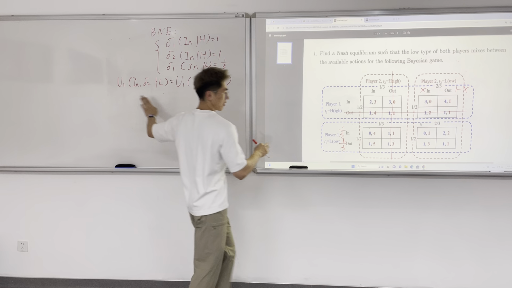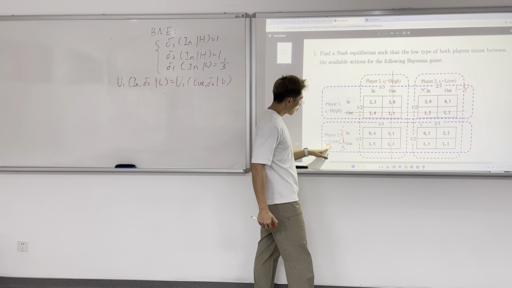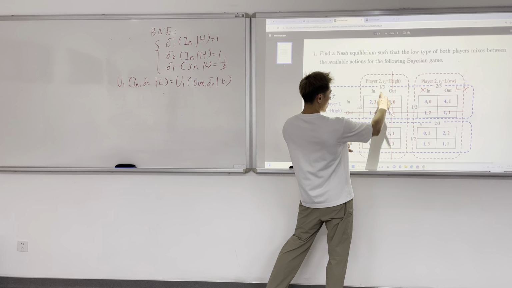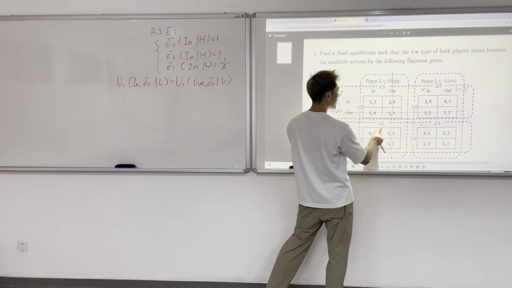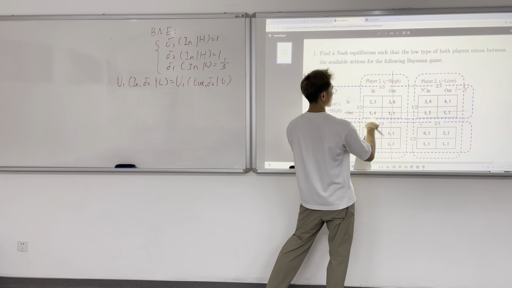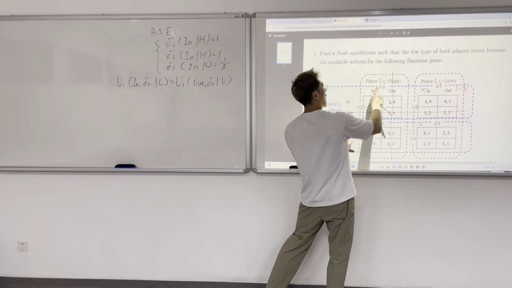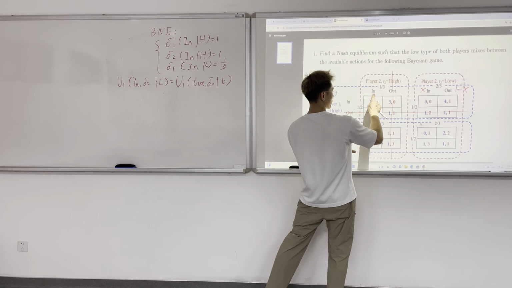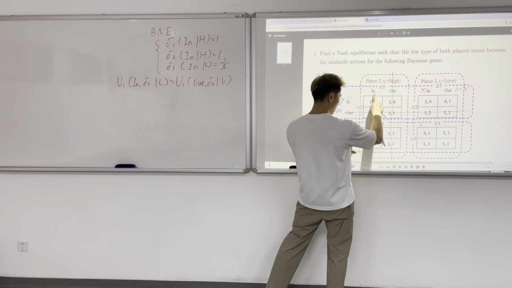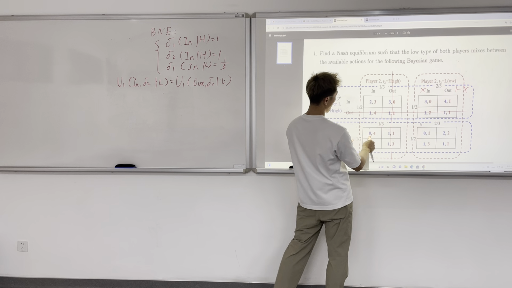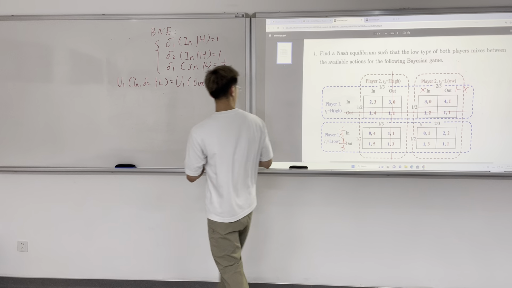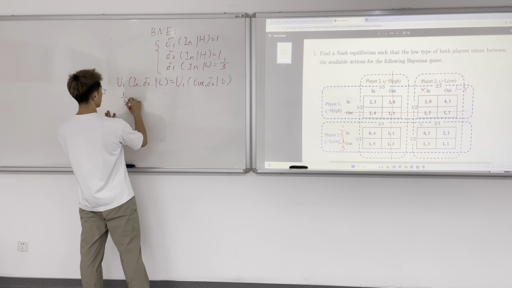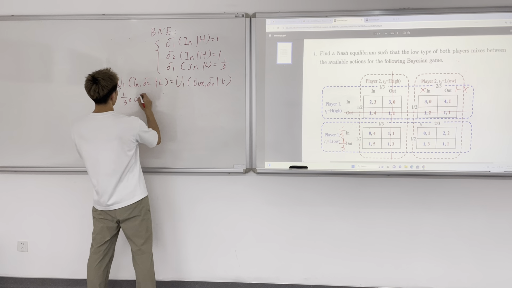By playing in, let's see. For player 1 playing in, there is 1/3 possibility that she is confronting a high type player 2. And if she is confronting high type player 2, he will definitely play in, right? And this will give him a payoff of 0. So this is 1/3 times 0, right? Plus,